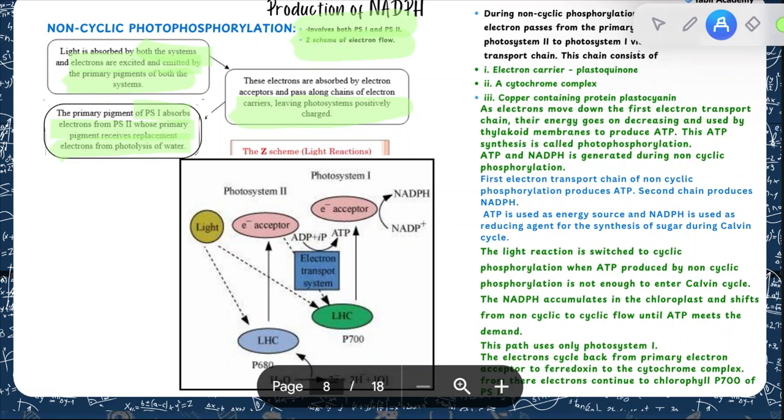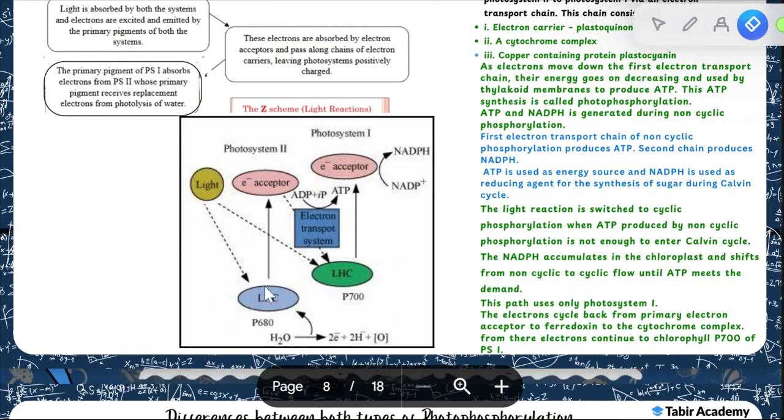So if you look at it right here, you have photosystem 2 and you have photosystem 1. So if you look at it right here, this is photosystem 2 and it is getting its refill of electrons from the photolysis of water. Its electron is excited and goes to the electron acceptor, and it is being transported to photosystem 1. And photosystem 1's electron is getting excited up to its own respective electron acceptor, and from here NADP plus is being reduced to NADPH, right?